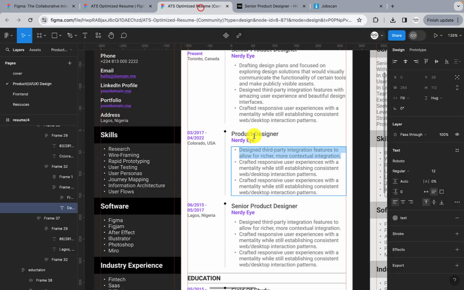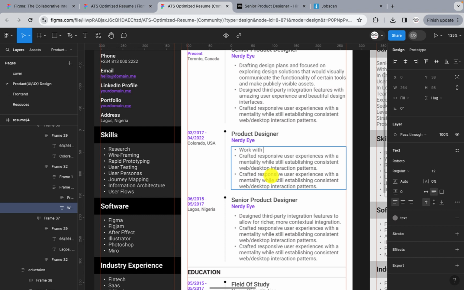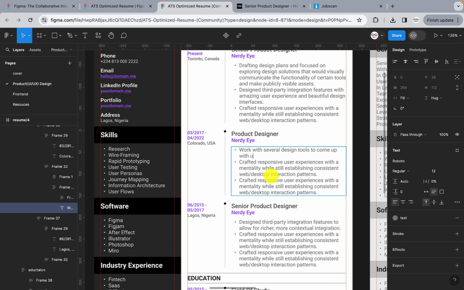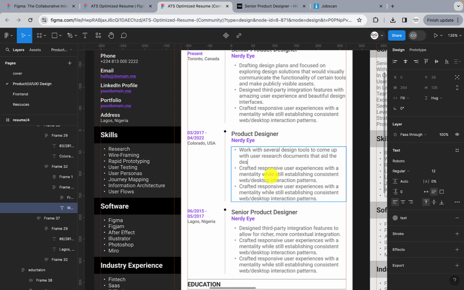design tools, right? So let's do something like work with several design tools to come up with user research documents that aid the design process. All right. So now your job, whenever you are trying to optimize your resume with any particular job,